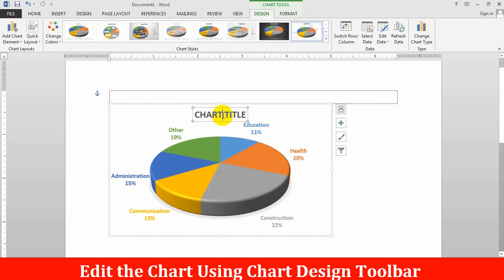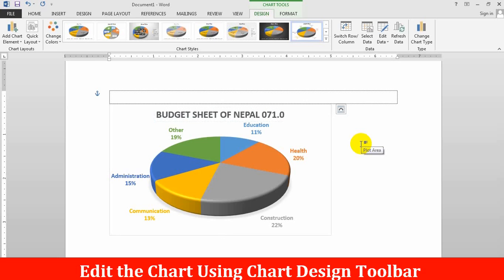In the chart title you can erase this text and type, for example, budget sheet of Nepal 2071-72.